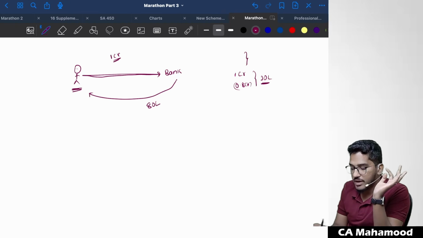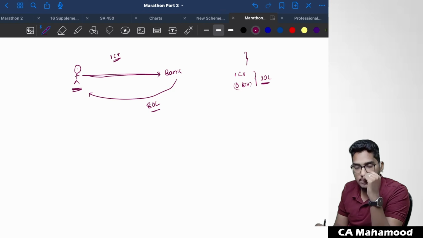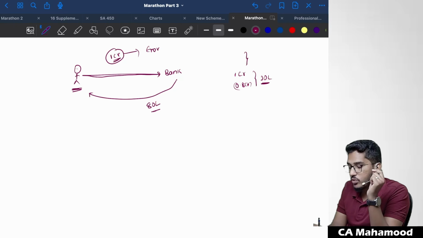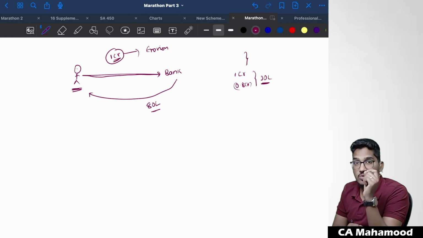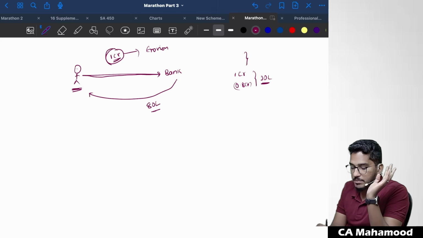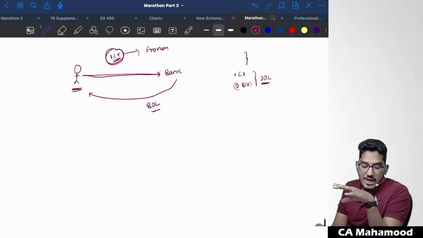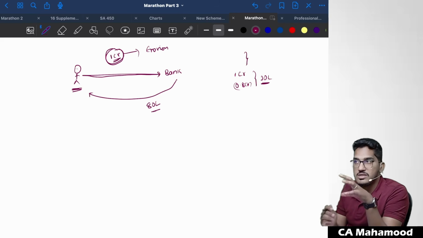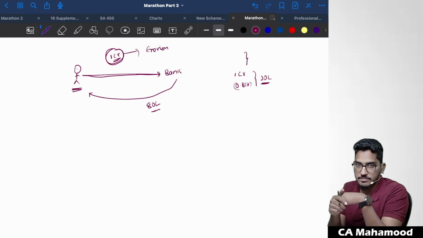So you are a customer, you have given your property as a security and the banker has given you a loan of 80 lakh rupees. But sometimes what will happen is, after you have given this particular asset as a security, there might be erosion in the value of the security. Sir, what do you mean by erosion? There might be reduction in the value of the security. Take for example, whatever building you have given as a security, in that locality there was an accident, there was some earthquake, and because of that the building got demolished. The value of the security will be reduced.